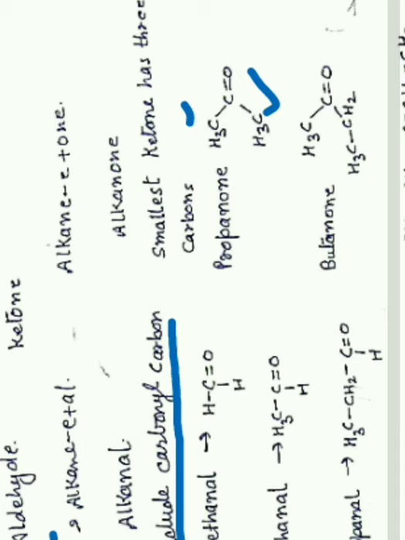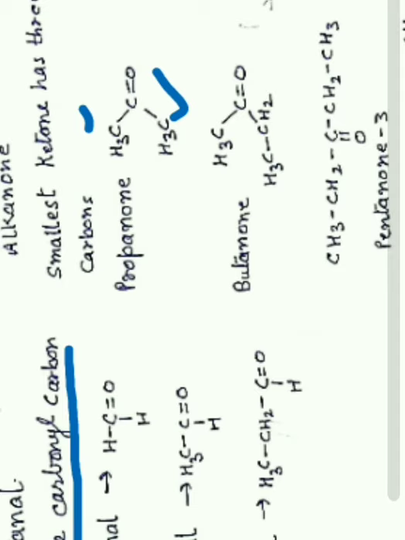नाउ अदर पॉसिबिलिटी, एक कार्बन और बढ़ाना है. सो व्हाट वी डू, वी जस्ट ऐड वन मोर कार्बन at the one side of C double bond O. So now you see what has happened. 4 carbons in a row and C double bond O on carbon number 2. So the same compound may be written as butanone 2, but 2 may be eliminated because there is no other possibility of naming this compound. Ketone है तो it will always be in the middle, both the side carbon has to be there. जब तक दोनों साइड में कार्बन नहीं है तब तक ये कीटोन नहीं हो सकता. So butanone can be only one.